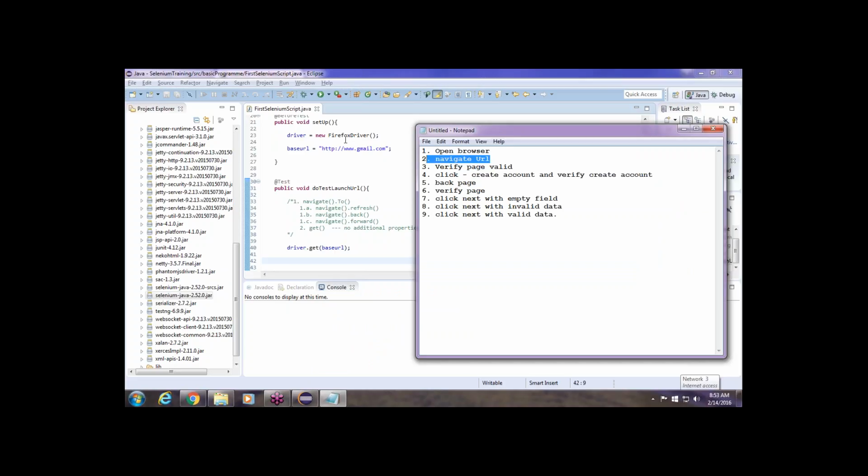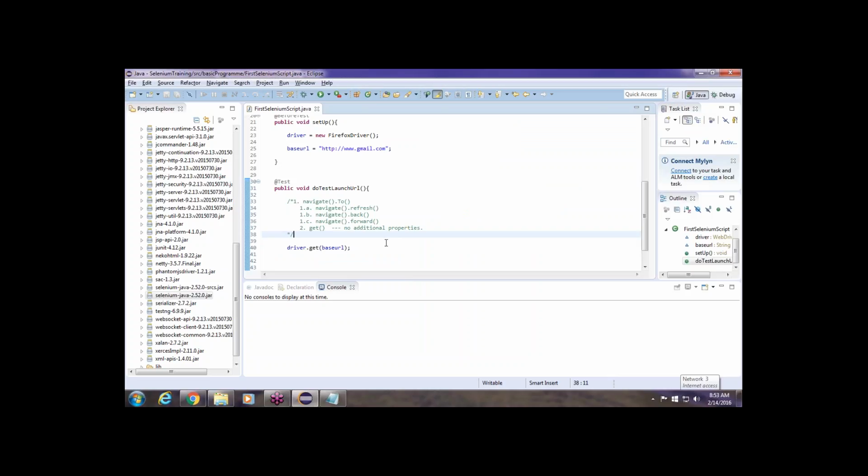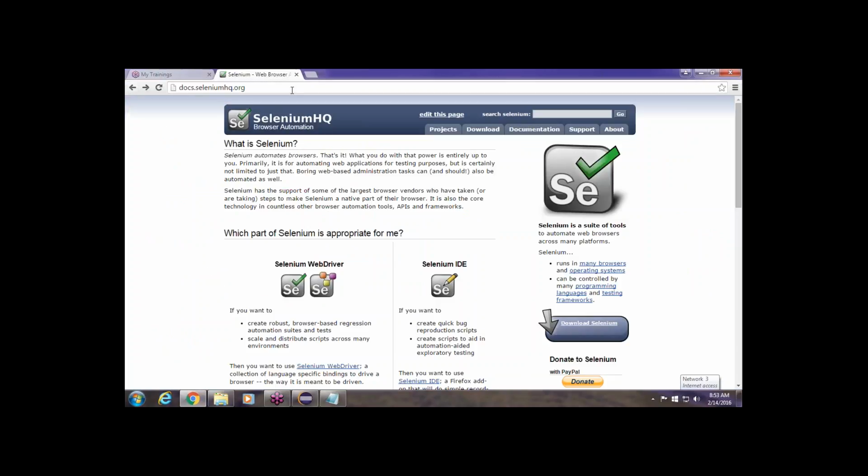Okay, now see, whenever we are launching our URL, this is the second point written here. The first point, open URL, we set up in a setup section. Navigation will come in this second test case, and we would like to validate whether our page is valid or not. Our home page we are opening, and as human beings, whenever we do manual testing, at the time when we put gmail.com,